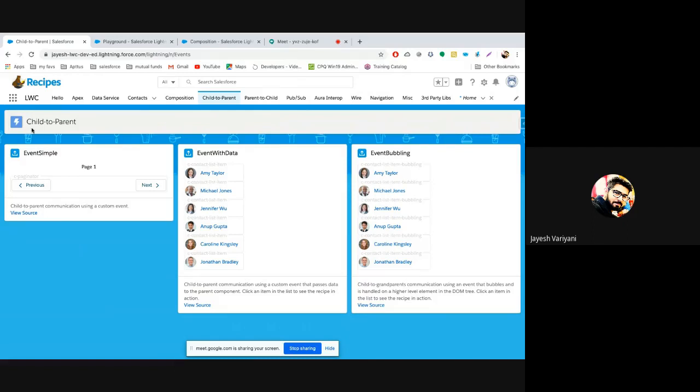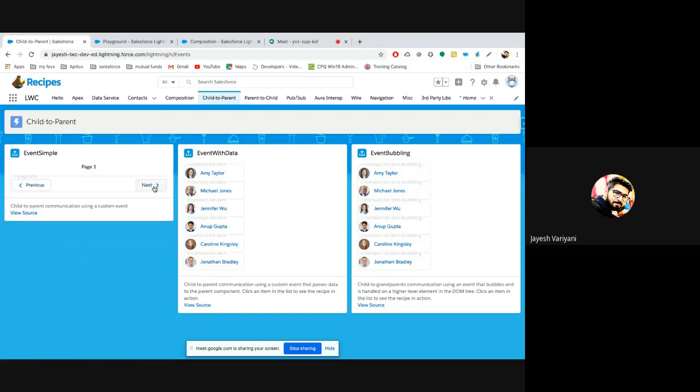So here, these examples are of child to parent events only. This is very simple to understand, then it gets more complex. Here you can see this c-paginator is a child component of this main component, which is event simple. There are two buttons, next and previous.